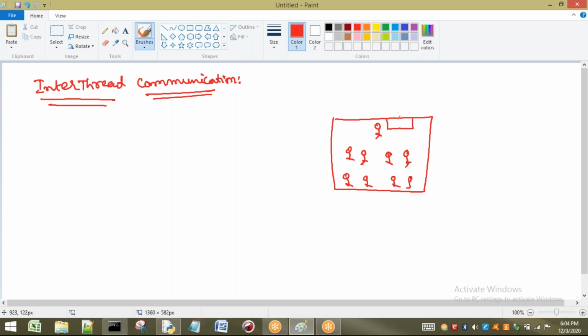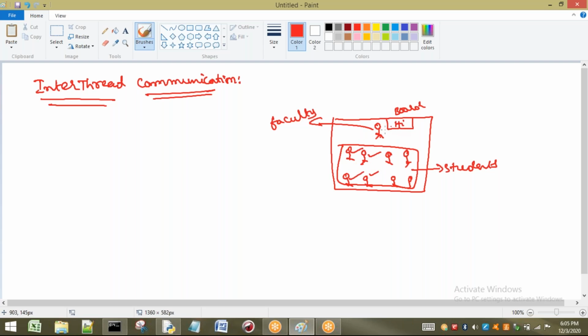These are all students, and this is the faculty. Whenever the faculty writes something on the board, for example, hi, then after the faculty completes writing, the students have to write the data.